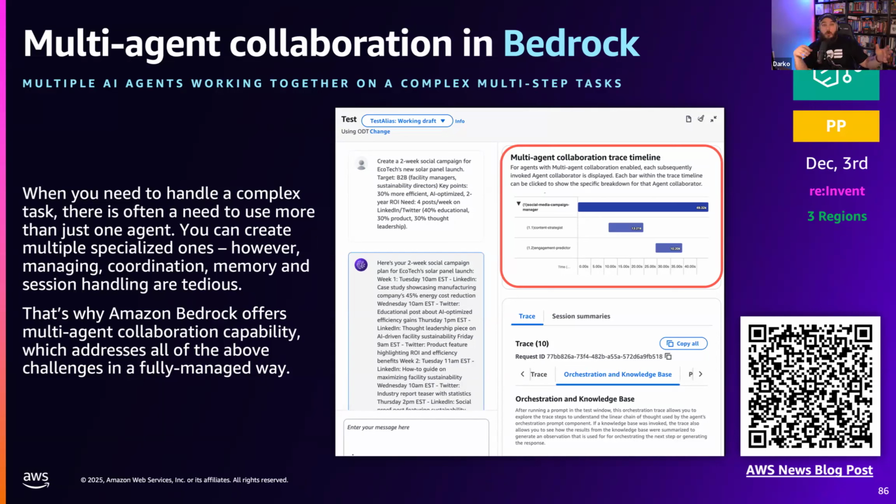When it comes to handling a complex task, the way agents work is you can chat to a large language model and tell it, hey, book me a flight. What it does is trigger a bunch of different bits of code to actually do that. That means the agent goes and autonomously does stuff and comes back. So when it comes to complex tasks, sometimes you want to trigger multiple agents, right? Like a specialized agent that would do this.